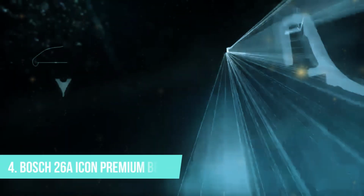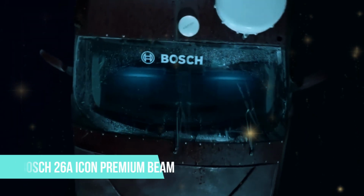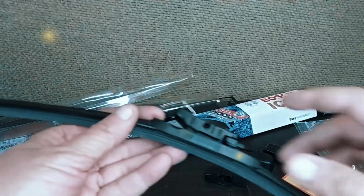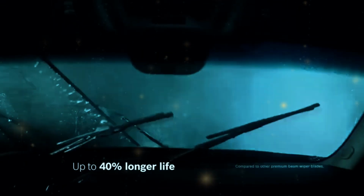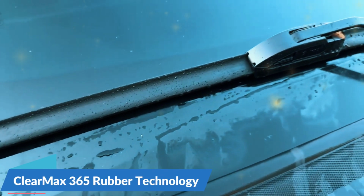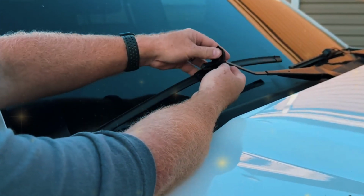Number 4. BOSCH 26 A Icon Premium Beam Wiper Blade. At number 4, we have the BOSCH 26 A Icon Premium Beam Wiper Blade, which stands out as the best value option on our list. It's a top-tier choice for those looking for a reliable, all-weather blade that ensures peak visibility and performance, particularly in harsh conditions. The patented ClearMax 365 rubber technology extends the blade's lifespan by up to 40% longer than many other